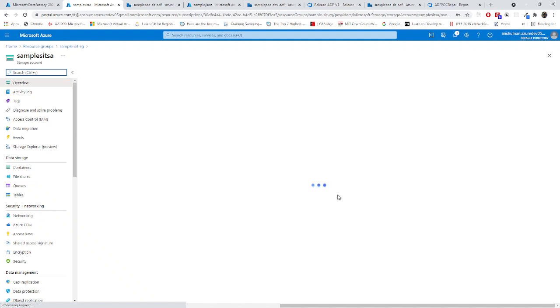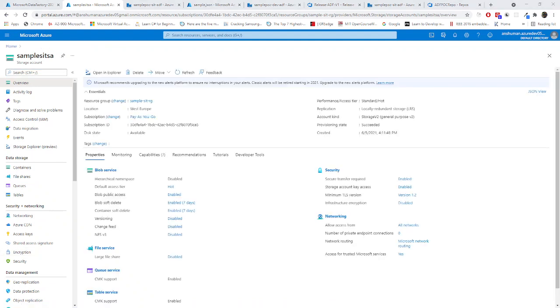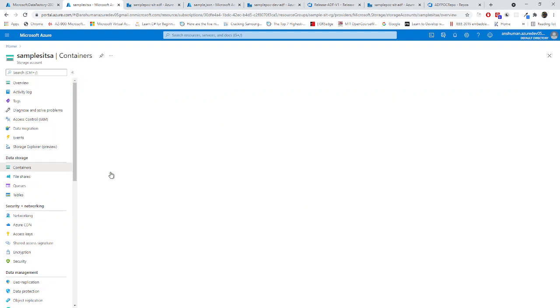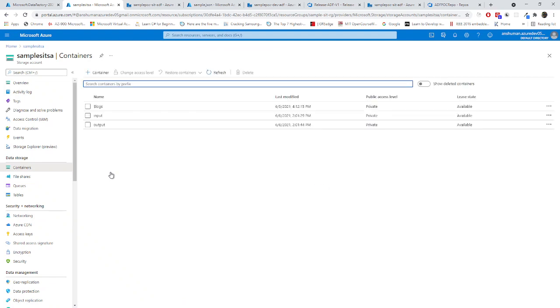Now this is loading. Well, it got loaded. Right now I'm choosing the blob services. Now input.